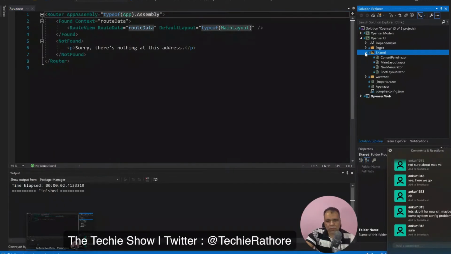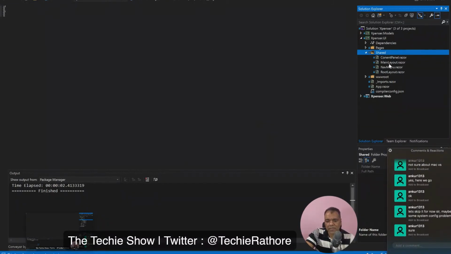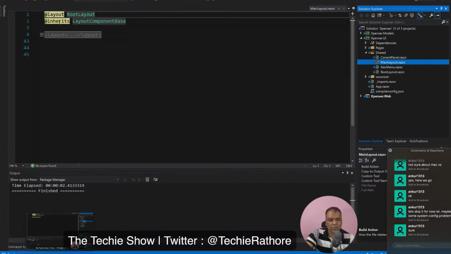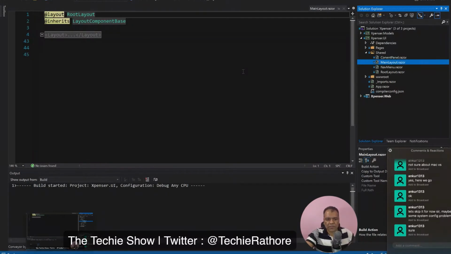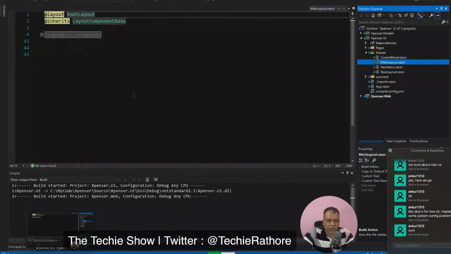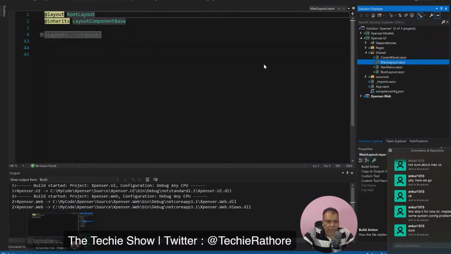This shared folder is the folder which has the common components. Usually it's a practice to keep the layouts in the shared folder. So whatever common components are being used in the application, we keep them in the shared folder. Okay, so like this main layout, as I said, main layout is the very first layout which is being called. Okay, so let me run this application. When we run this application, I'll show you how it is running and what all things are coming, which all menus are there. Okay, and I'll explain this layout structure also.